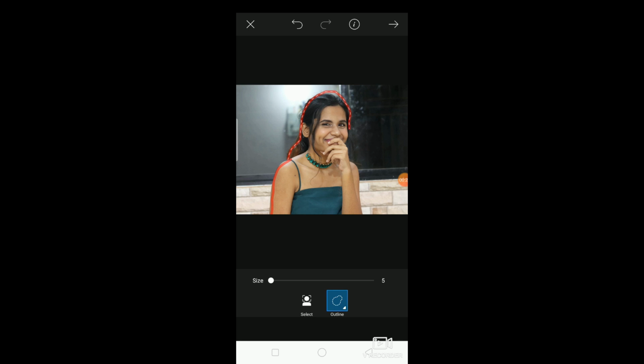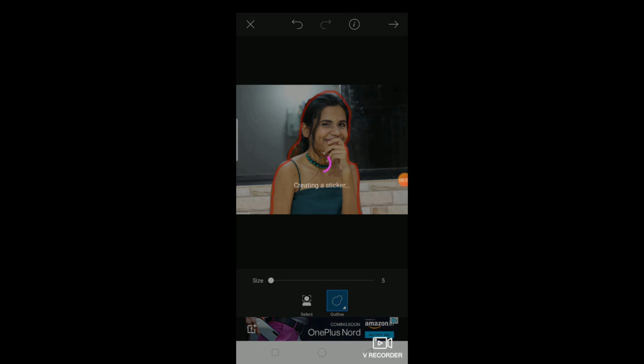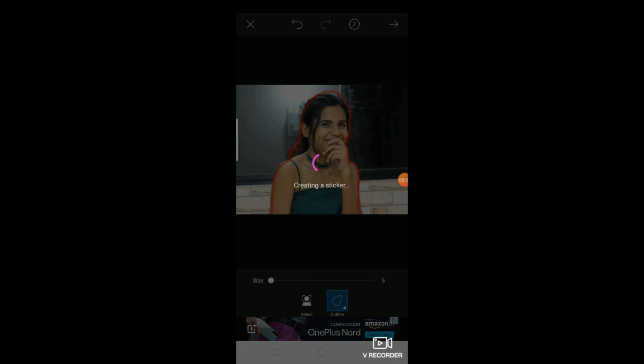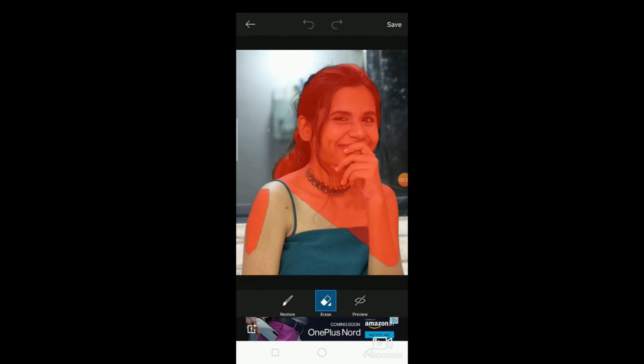And then on the right hand corner you'll see an arrow. Click on that, which will basically create a sticker. Now you have an option called restore and you need to fill in everything, whichever gaps you could see in the picture, and then once you are done with that, click on save. So basically this will create a sticker out of it.